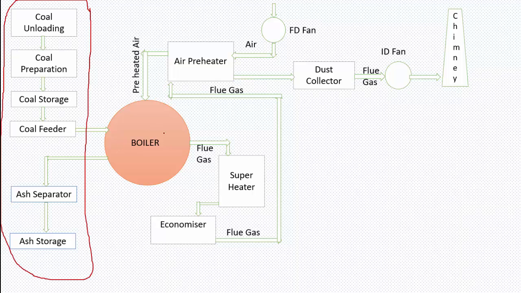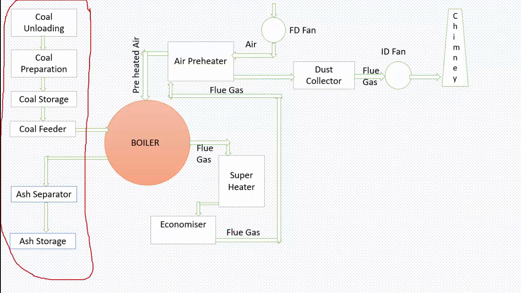Now after burning the coal, this air is converted into the flue gas. That flue gas will be at somewhat higher temperature. Then that flue gas is supplied into the superheater. This superheater extracts some heat from the flue gas and will be used for further circuit, which we will discuss in a minute. And this flue gas coming out from the superheater still has some heat with it. That heat will be extracted in the economizer. That heat also will be used for the same circuit which we will discuss later.